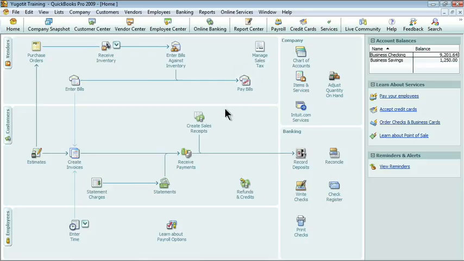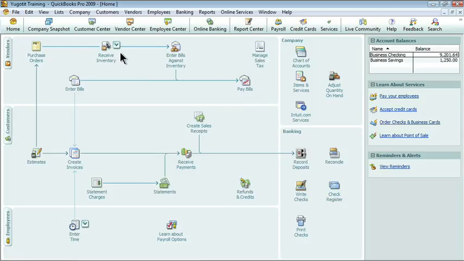The second thing that I wanted to tell you is that we're going to change some defaults. In other words, every time I create an invoice, I want to use the invoice that I customized, not the one that came with QuickBooks. In order to do that, all I really need to do is to open the invoice and use it, which I'll do in just a moment. You can set some defaults, though. You can set a default for an invoice packing slip, a sales order packing slip, and a pick list. Those are the only three things. And in order to do that, you first of all have to be an admin, and then you have to